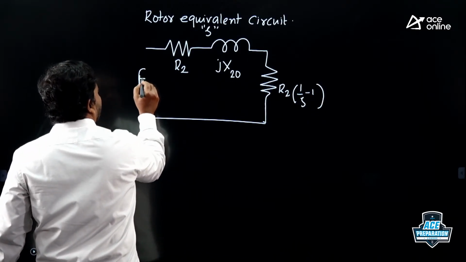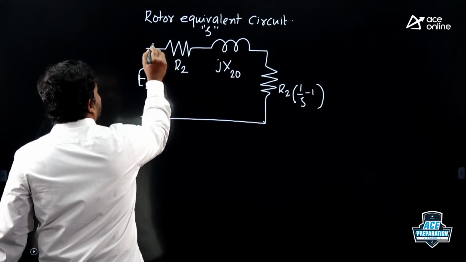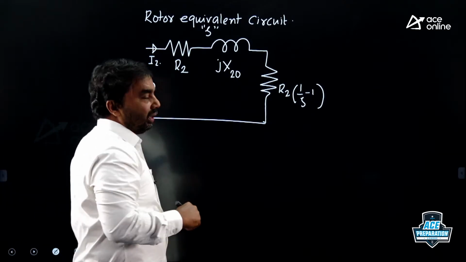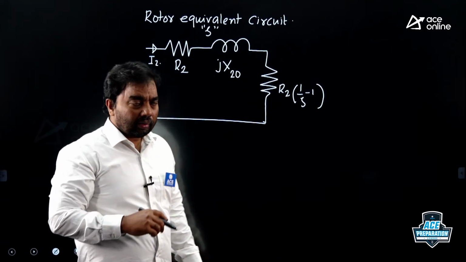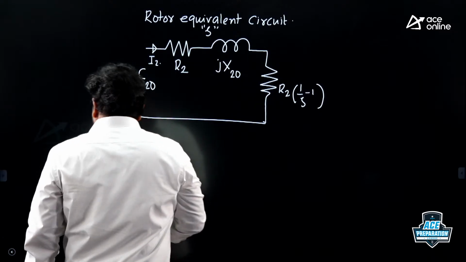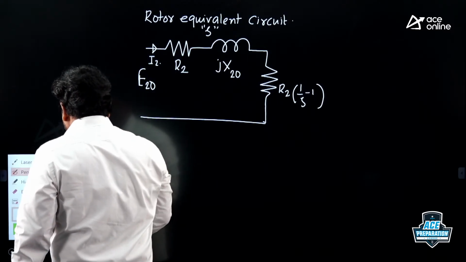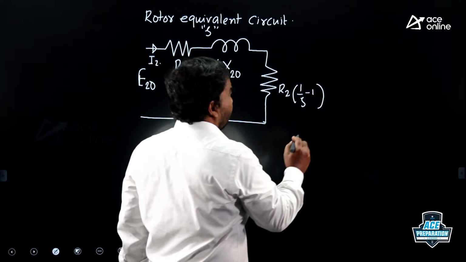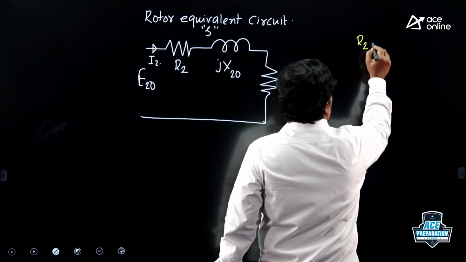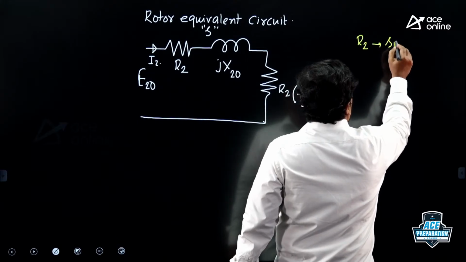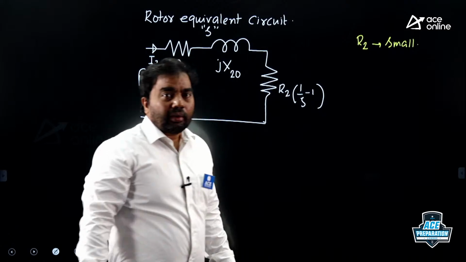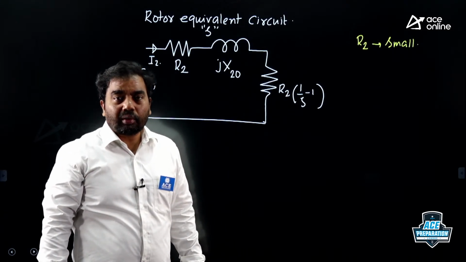And this is E2 naught. This is I2. So this is the equivalent circuit of a rotor when the motor is operating at a slip of S. If you take any induction motor, the rotor winding resistance R2 will be very small. The reason why the resistance should be very small means